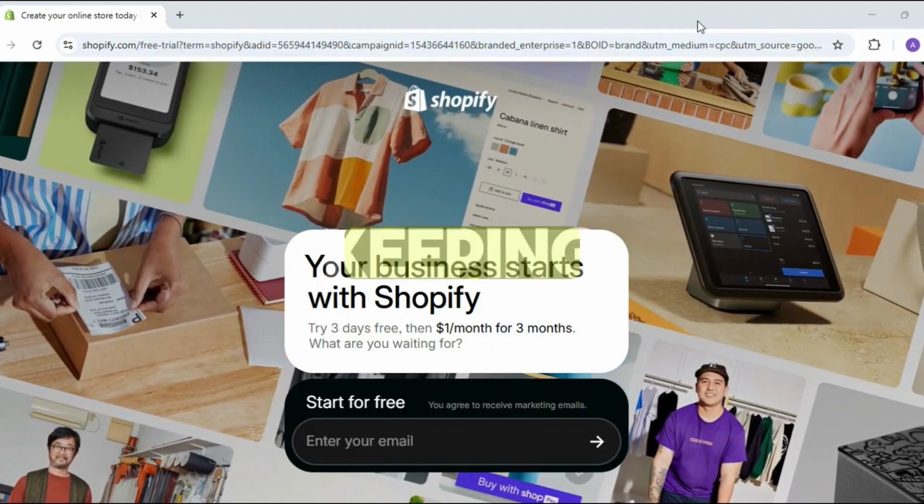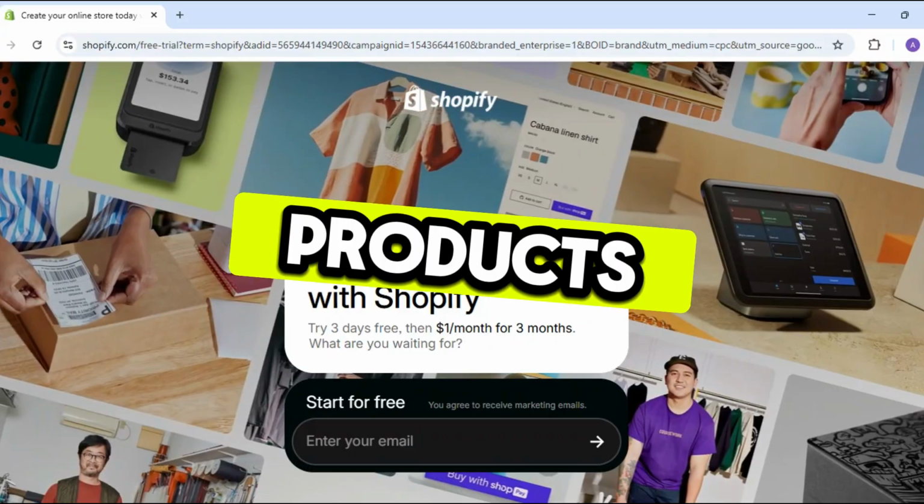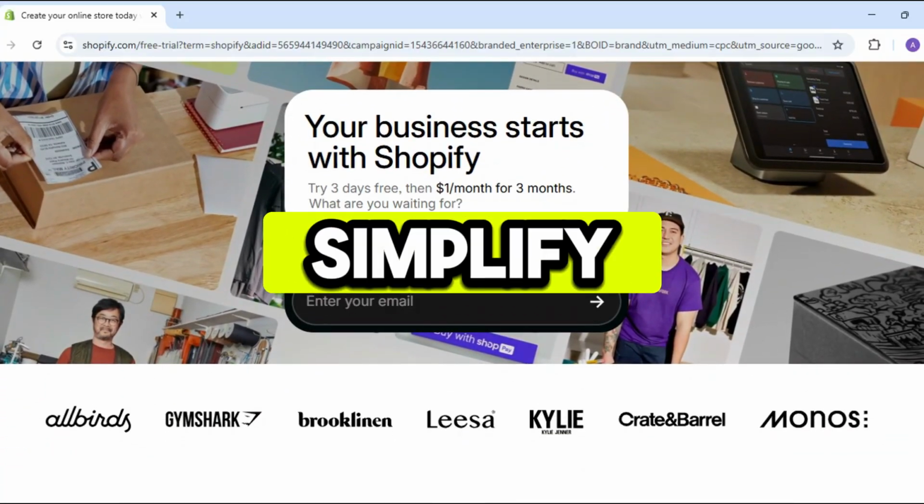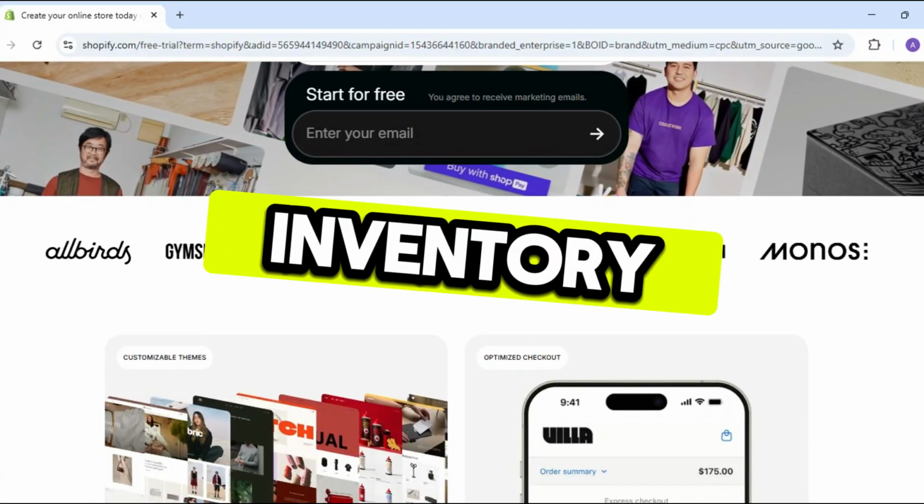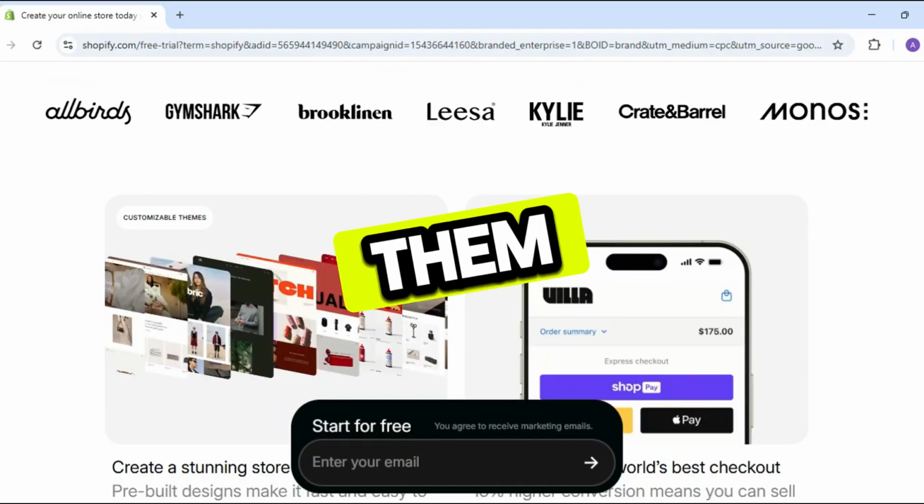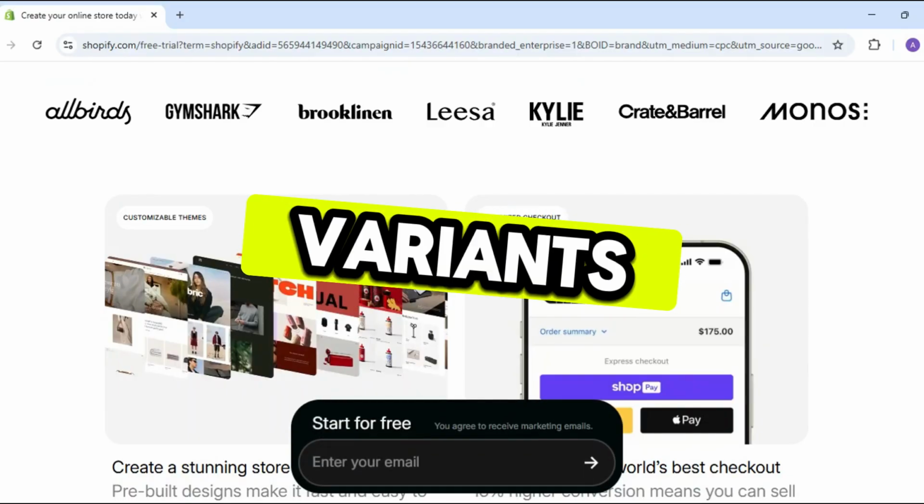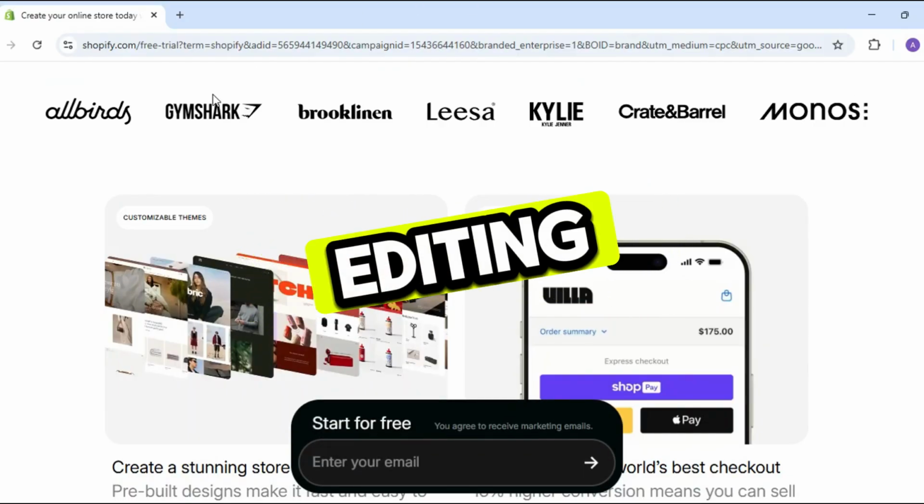Variants are essential for keeping your store organized when you have products with multiple options. They simplify the shopping experience and make your inventory management a breeze. Let's set them up. First, you can add variants either when creating a new product or by editing an existing